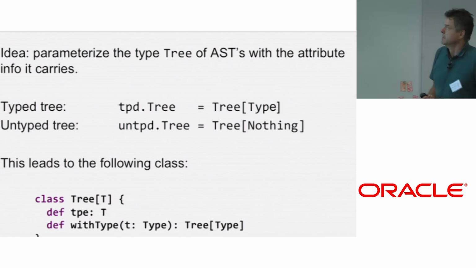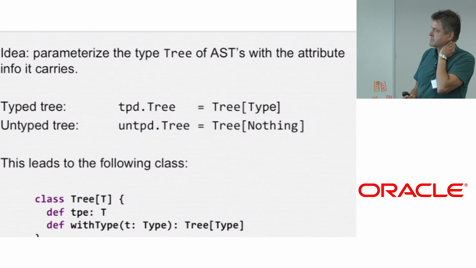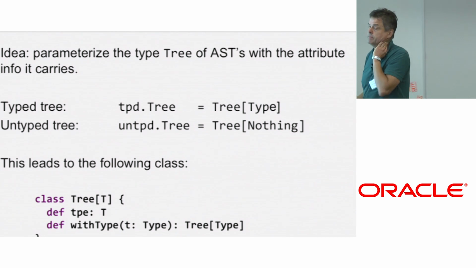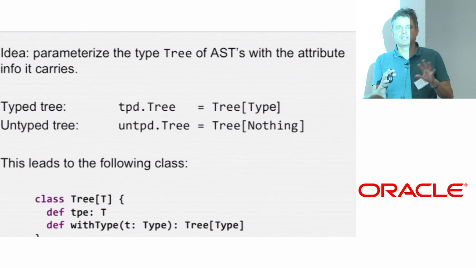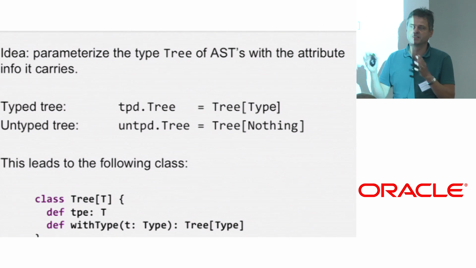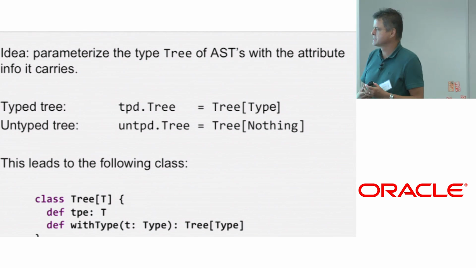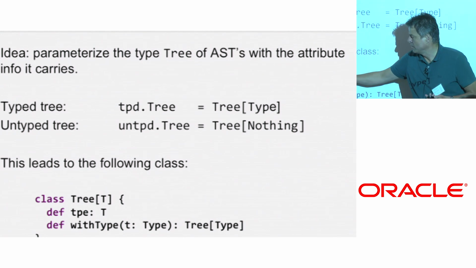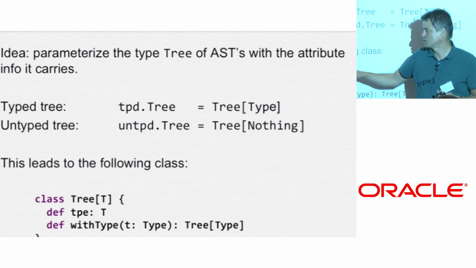Okay. And so now we actually have an interesting question of variance. So Scala has declaration side variance. For javac, the problem would be slightly different. It would be essentially where do you put the extends and the super. So essentially, how should you use these trees? So the question is, what's the right variance of this type parameter T? Here I've declared it to be non-variant, but maybe that's not the best choice.